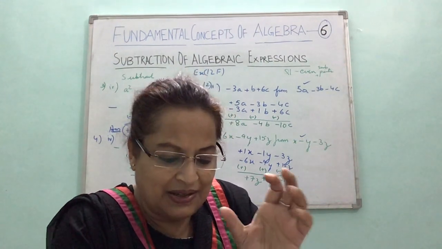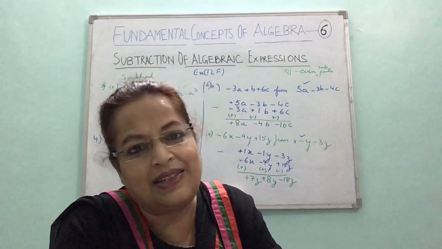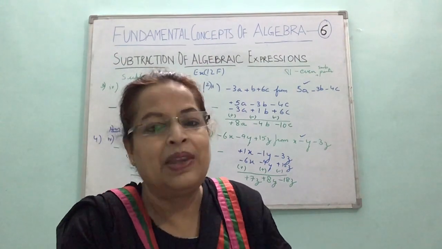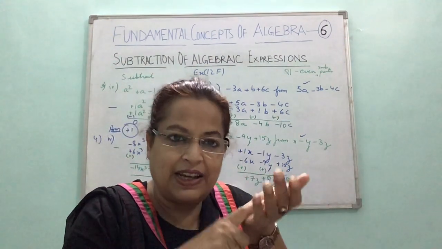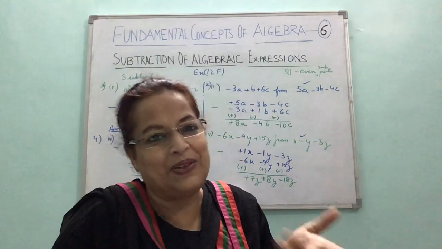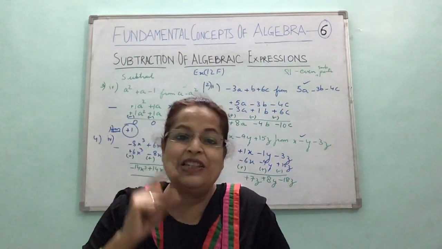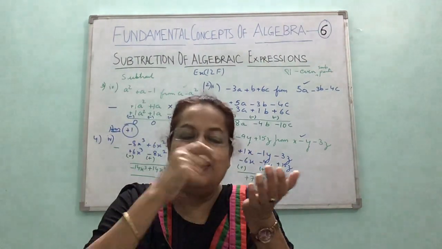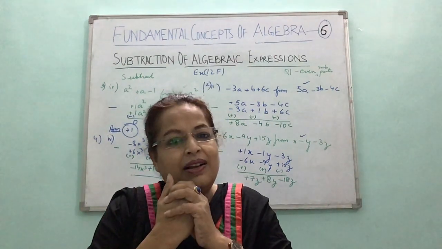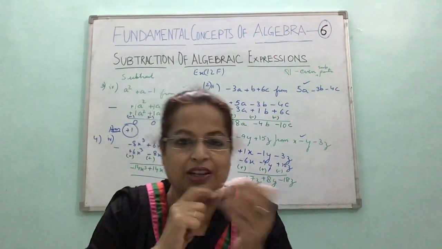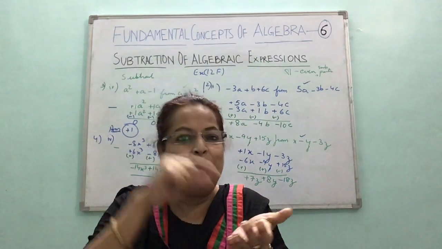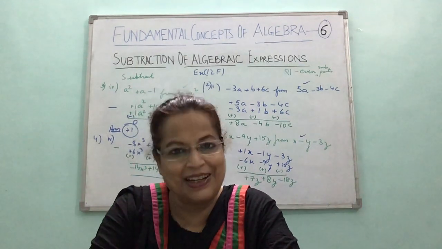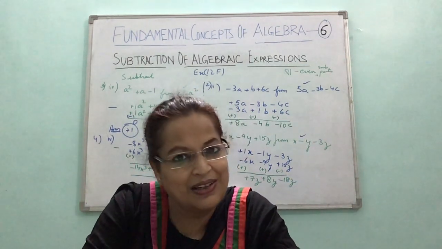Well, I'll tell you how to proceed. How much is first expression less than second expression? Don't read the terms, you will get confused. I'll take it like this. How much is first expression less than the second expression? That is what you should be thinking. You have to decide how much less the first is than the second one. Now you have to decide which one is bigger, the first one or the second one. Once again, how much is first expression less than second? So obviously the second one is bigger because the first expression is smaller.